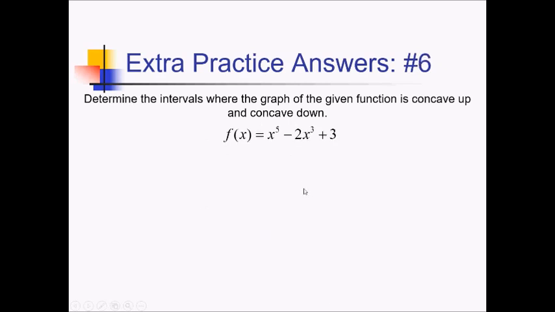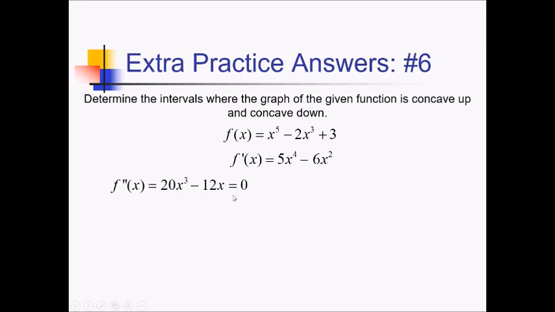To figure out concavity for this quintic polynomial, I need to take a look at the second derivative. First derivative is 5x to the 4th minus 6x squared. Second derivative then, again using the power rule, we've got 20x cubed minus 12x. And I'm just going to set that equal to 0 and find some critical values now because I need to